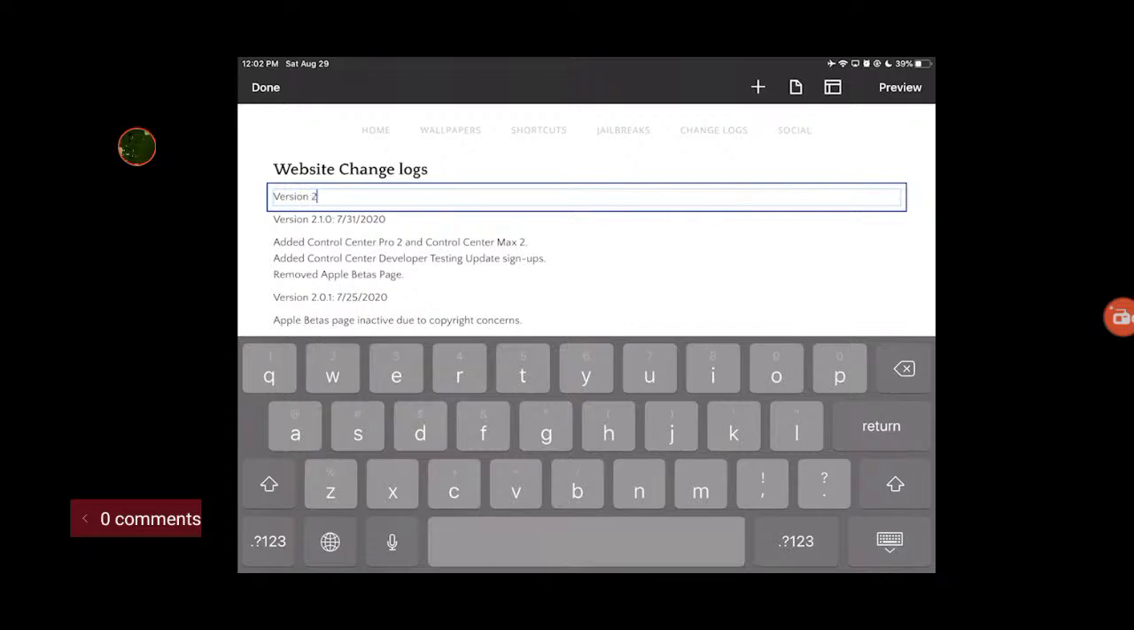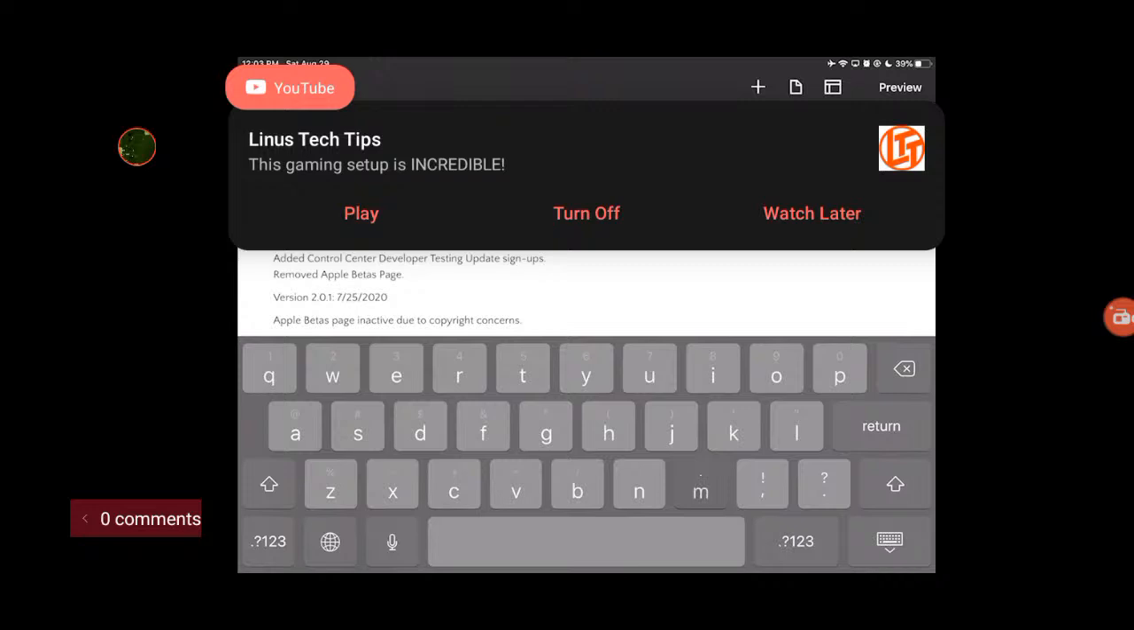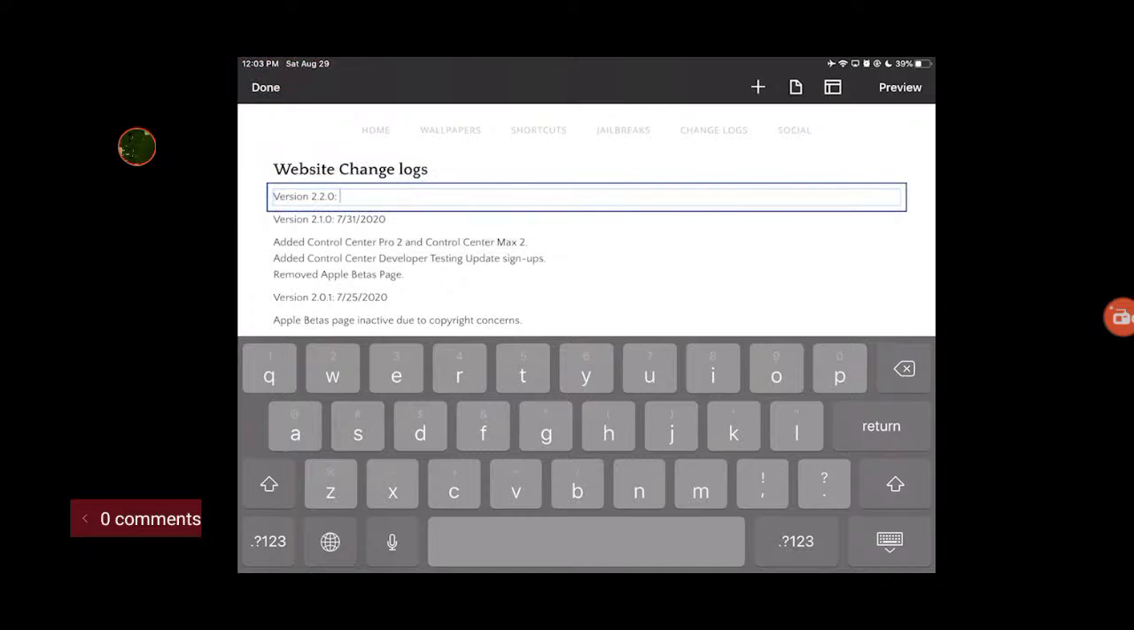Version 2.2.0. Getting so many notifications. Okay. Okay. This gaming setup is incredible, Linus. Anyway, all your setups are incredible. Anyway,